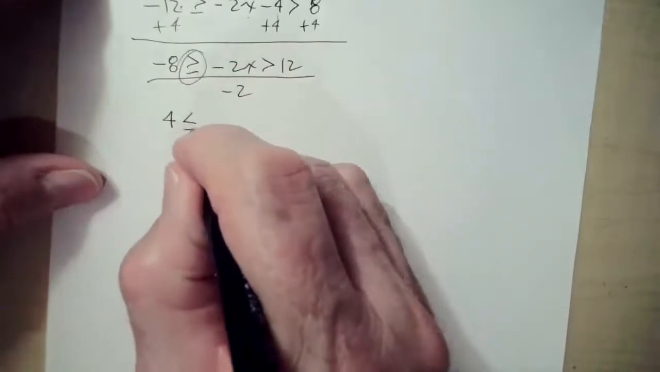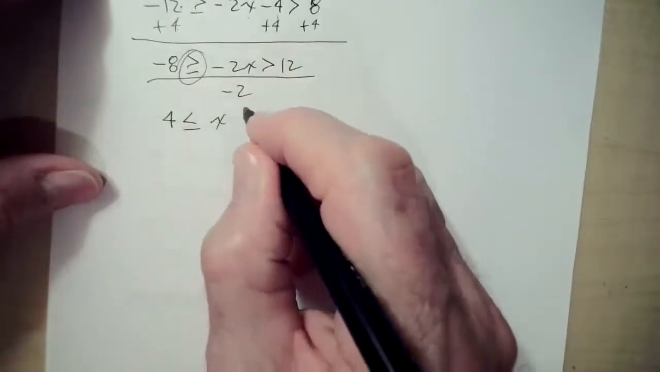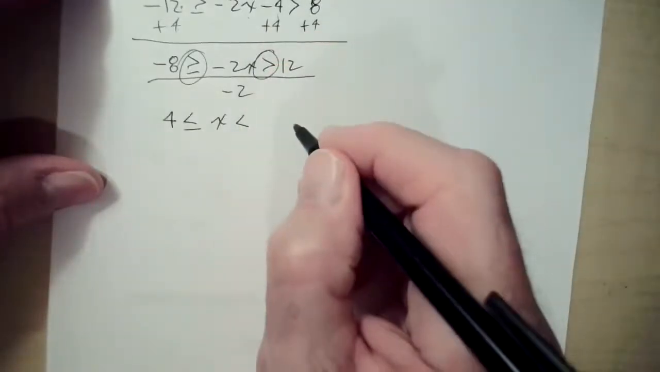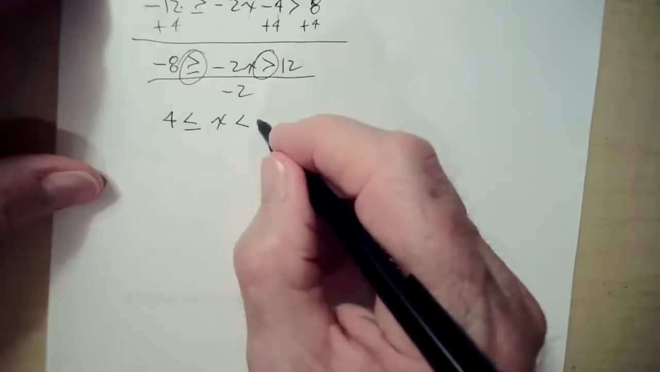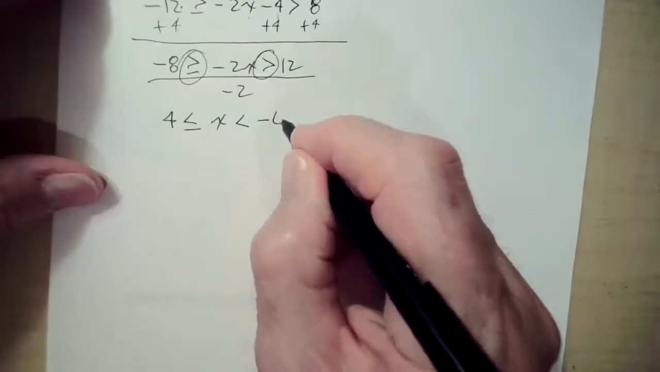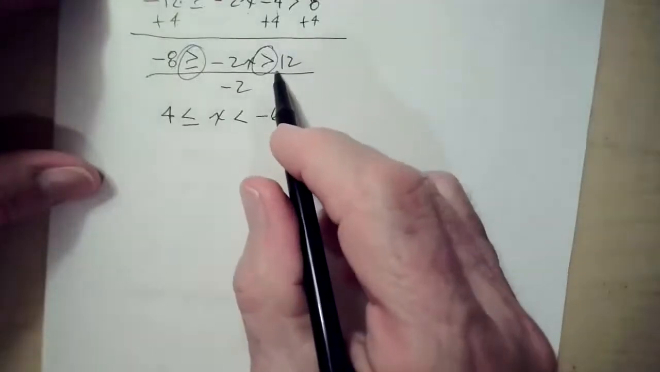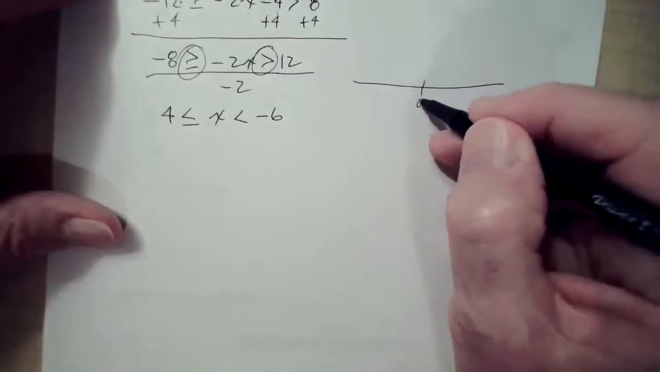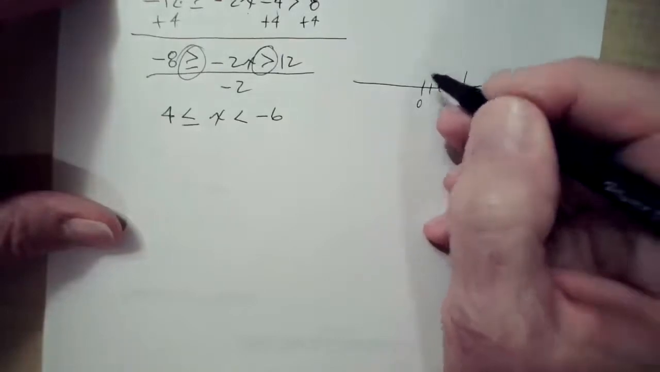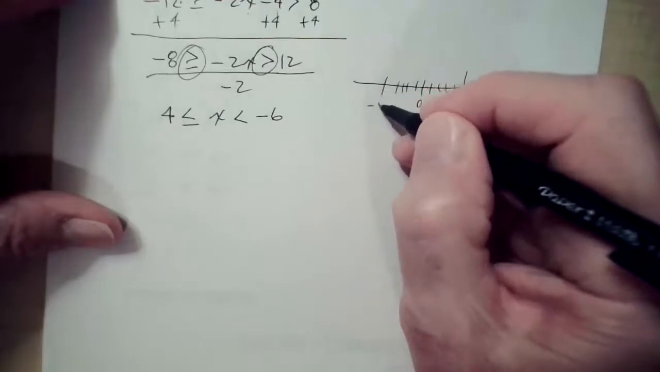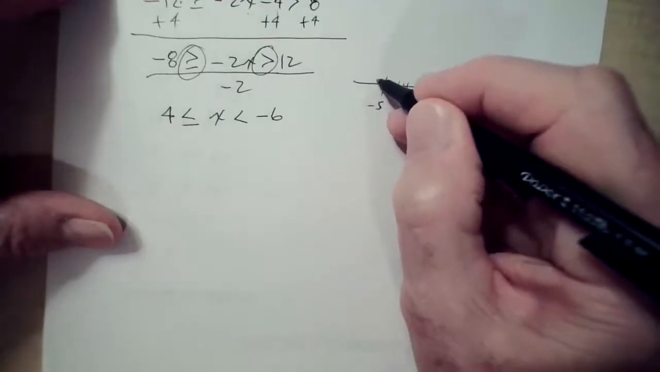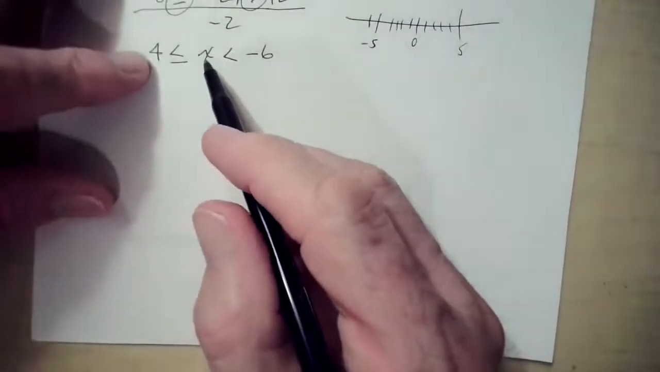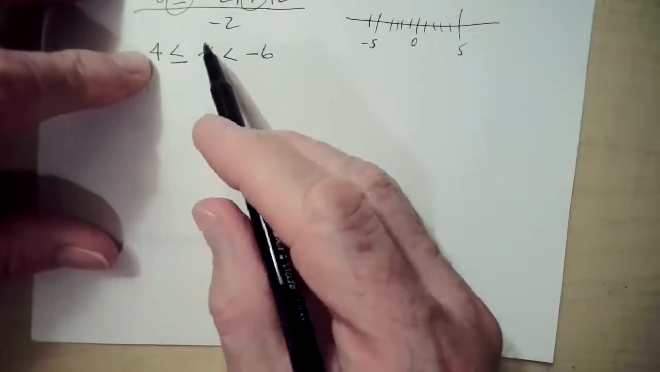Negative divided by negative is a positive. Now instead of greater than or equal to, it becomes less than or equal to x. And again, we're going to change this one too, from greater than to less than. 12 divided by -2 is -6. Now remember, we want to know